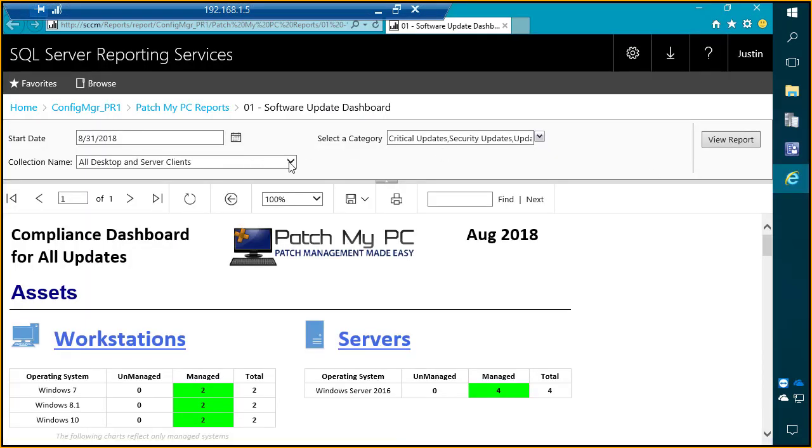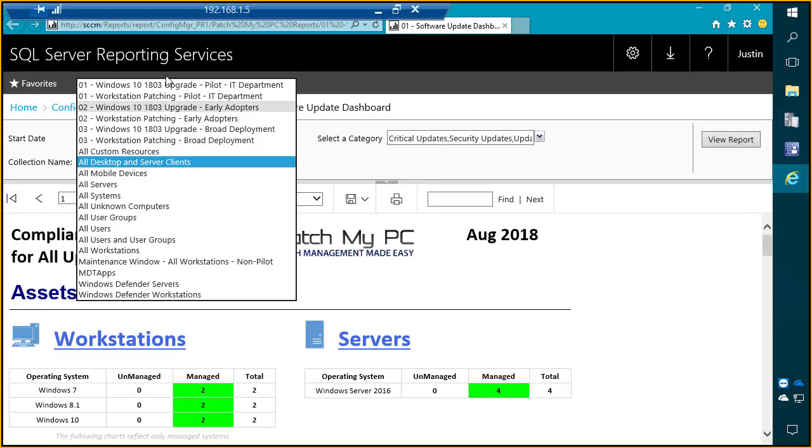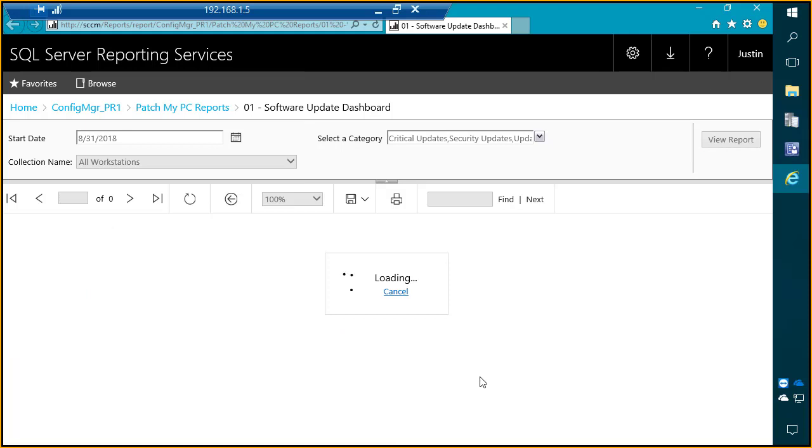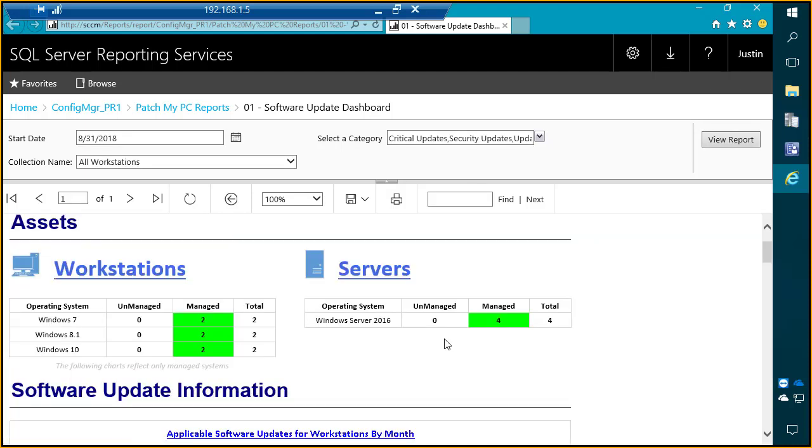The answer is yes. We do have the ability to come in here based on filtering. You could say, hey, only show me workstations. Now in this case, it's just going to remove the servers, so it's just not going to show any managed servers if we filter servers out. So if we look here, when it refreshes,